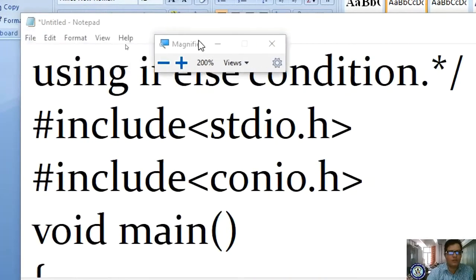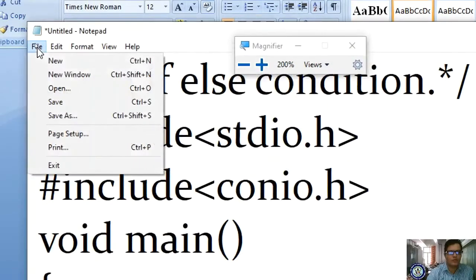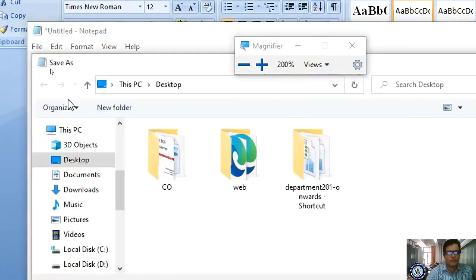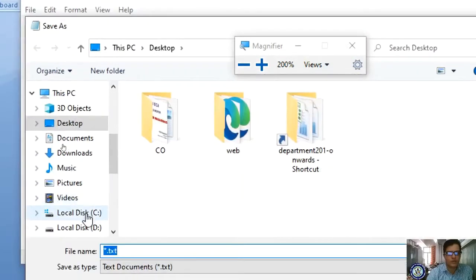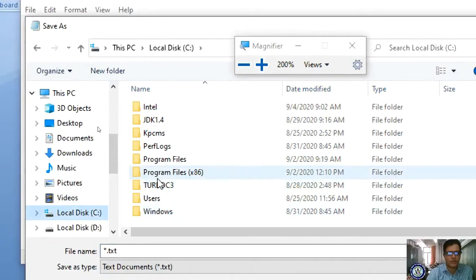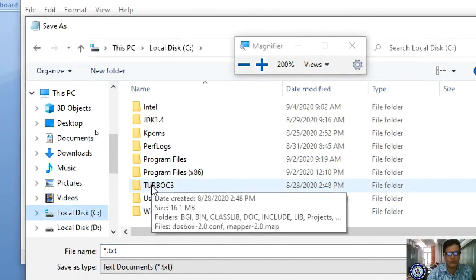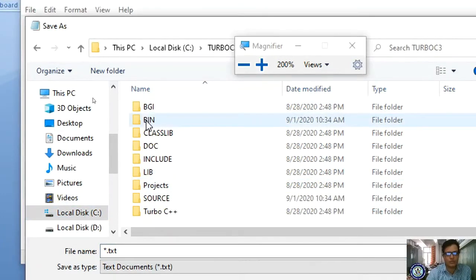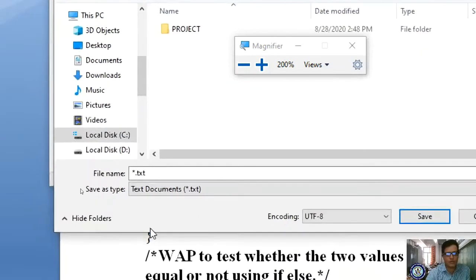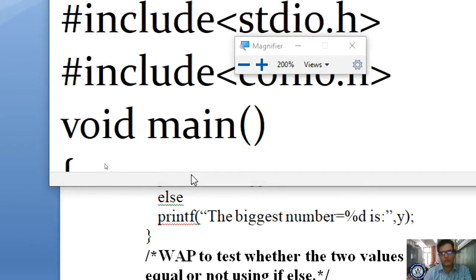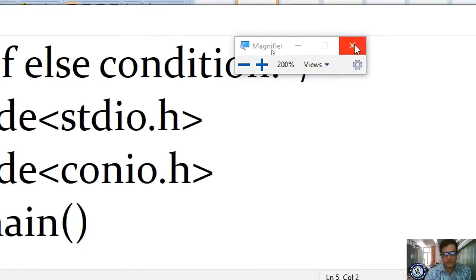Hope you are understanding this concept. So I'm going to the File menu. I have to save. Okay, where to save? In your C drive, in your Turbo C4 or Turbo C3 files, in the bin folder. Then we have to give it a name. Big dot C, biggest between two numbers, right? I have stored it. Clear? Yes.